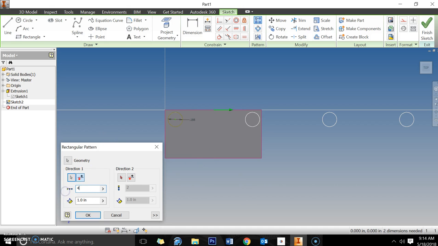I'm going to have 4 of these, but the spacing is way off now. So I need to make that spacing a little bit different. I'm going to put 0.33 for my spacing. So that gives me this basic row here, but I need to put a second row